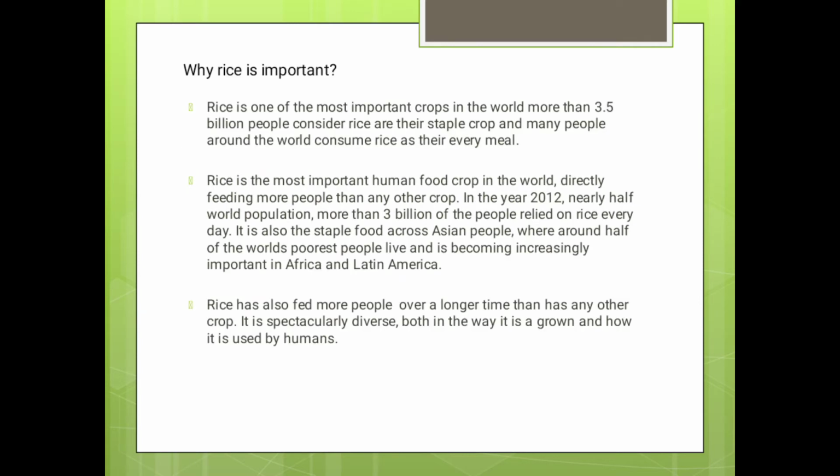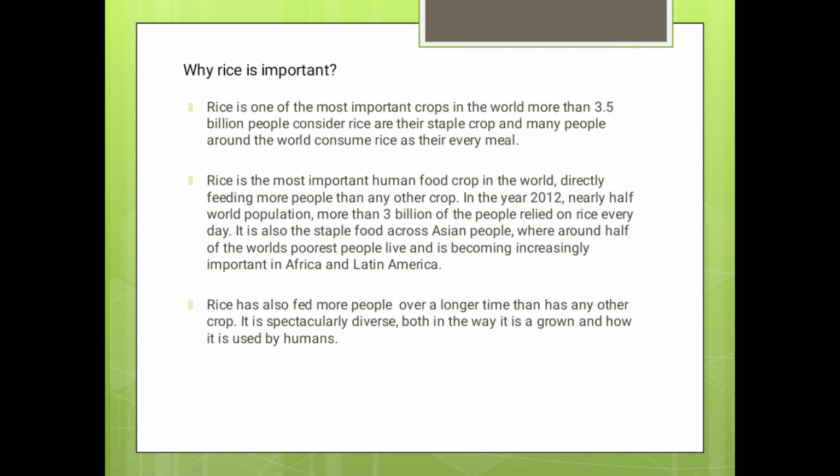Why is rice important? I also gathered some information that signifies the importance of rice. Rice is one of the most important crops in the world. More than 3.5 billion people consider rice their staple crop, and many people around the world consume rice at every meal. Rice is the most important human food crop in the world, directly feeding more people than any other crop.